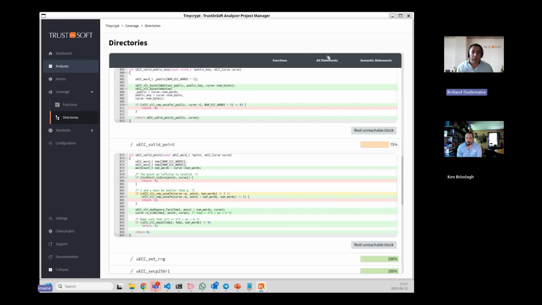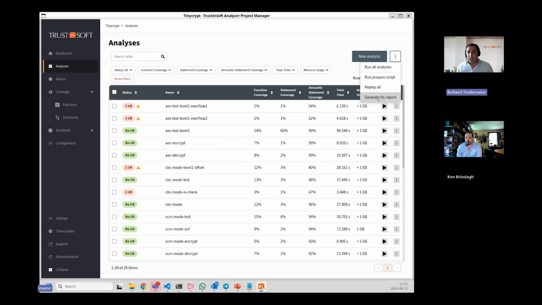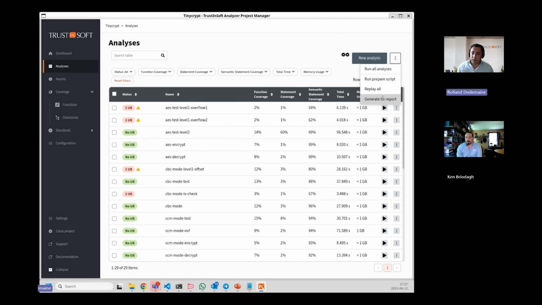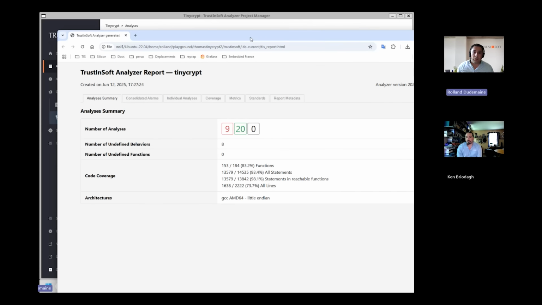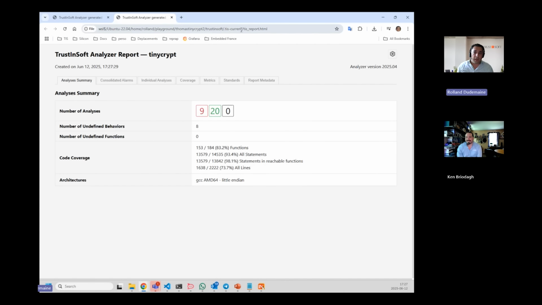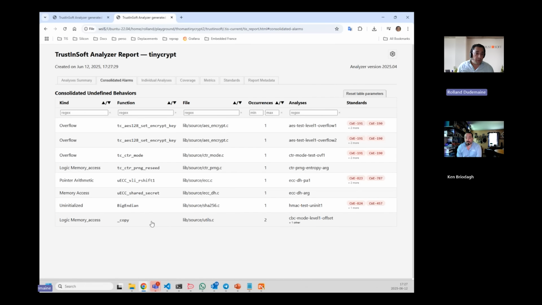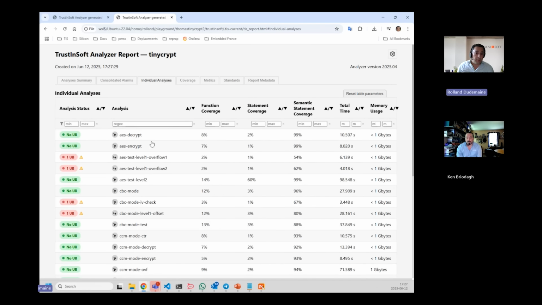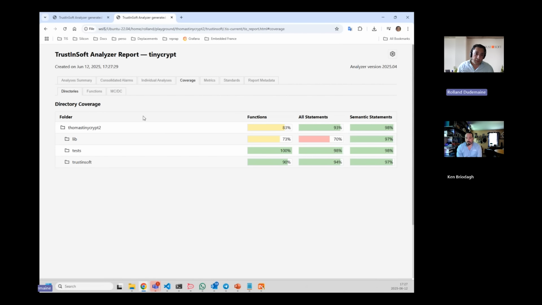At the end of it, I can generate a report for my QA colleague, and that will create an HTML file. Yes, it's there. And that will show me an HTML file that is actually self-contained, so I can give that to the rest of the team. That will show me the same alarms as before, the same analysis as before, the same coverage information as before: directories, function, line, statement, even MCDC if you want.